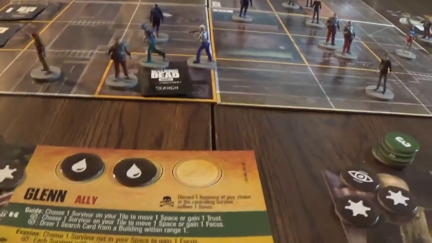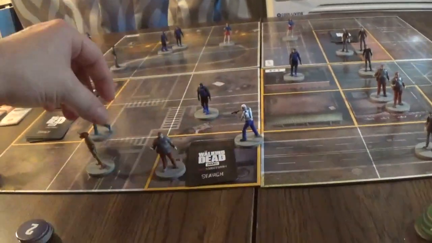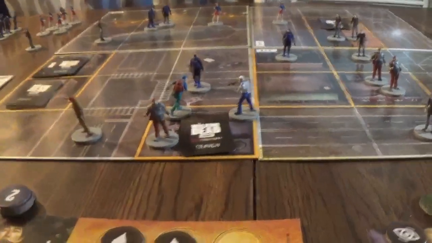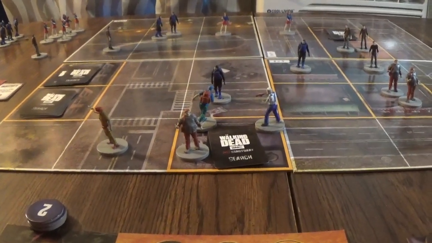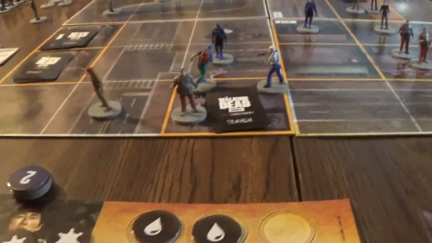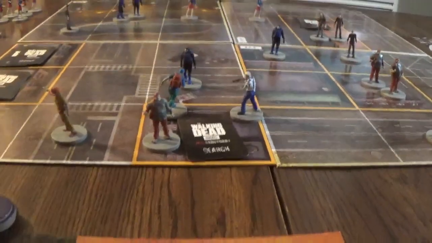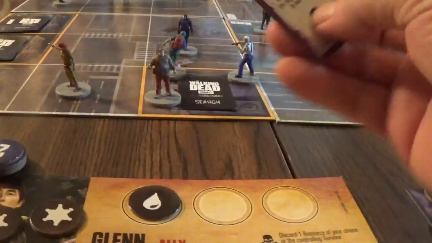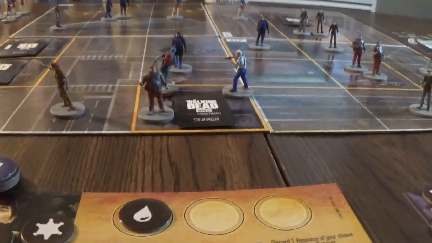So Glenn, I'm going to move him 1, 2. Actually, I'm not. Glenn's going to stay there. And Glenn is going to do a maneuver where he takes some food and heals one. Okay. And then he's going to search. So we'll search. Well, I don't know if we can search with the rival guy in there. I don't think we can. So what I got to do is,